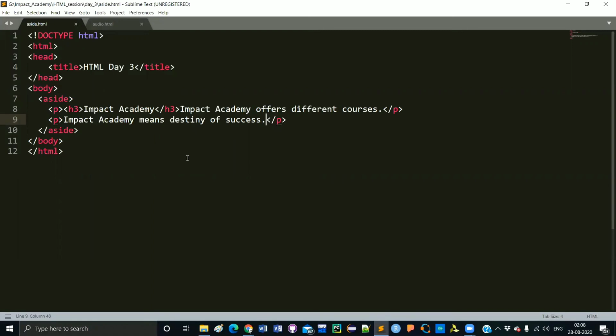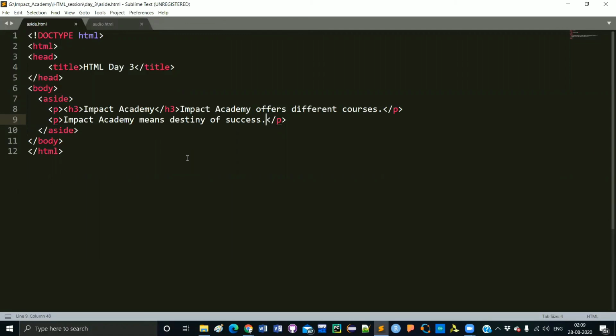I want to write all about that Impact Academy. So what is the main topic here? The main topic or main focus is Impact Academy. For this type of text, you can use the aside tag.